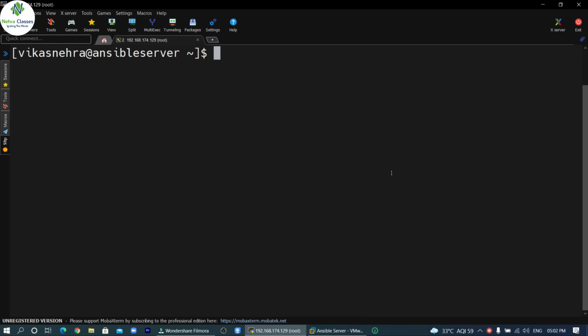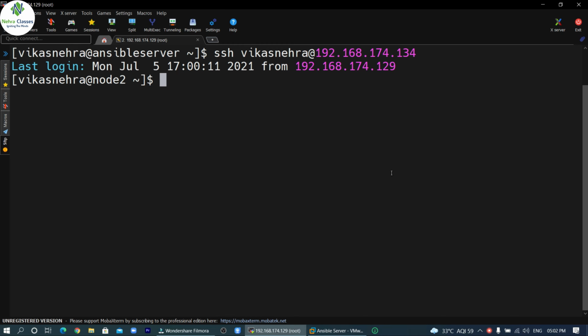The next module is the yum module, which can be used to install or remove a software package on the client nodes. Let me show you that we don't have the package on the client node. So I will do SSH on the client node, and there I will check for the httpd package. I will execute rpm -qa | grep httpd, and you can see that there is no httpd package present.